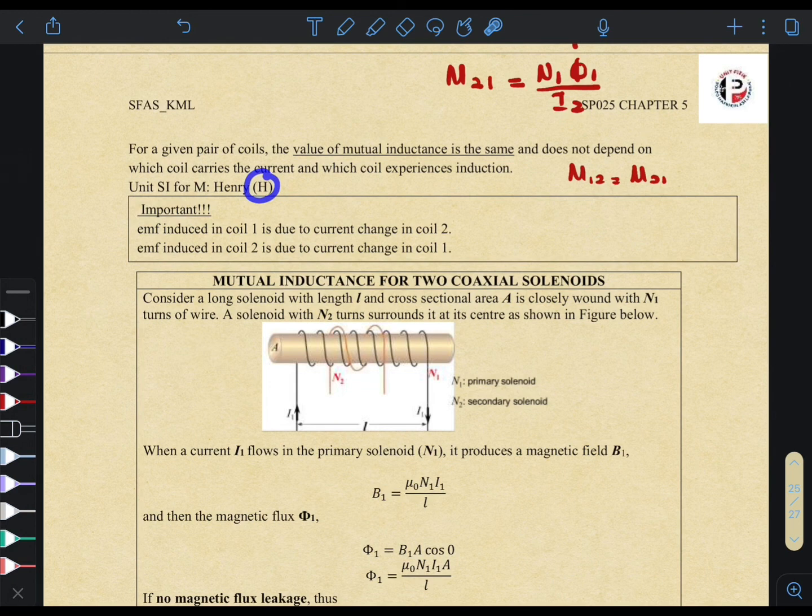And they use the unit Henry juga. Okay, unit untuk mutual inductance adalah Henry, sama macam self inductance which is also Henry. Okay, another important note dekat sini, EMF induced in coil 1 due to current change in coil 2. Okay, kita akan dapat EMF dekat coil 1 if current kita berubah dekat coil kedua, and then the same thing juga EMF dekat coil 2 disebabkan current berubah dekat coil 1. Dia kena vice